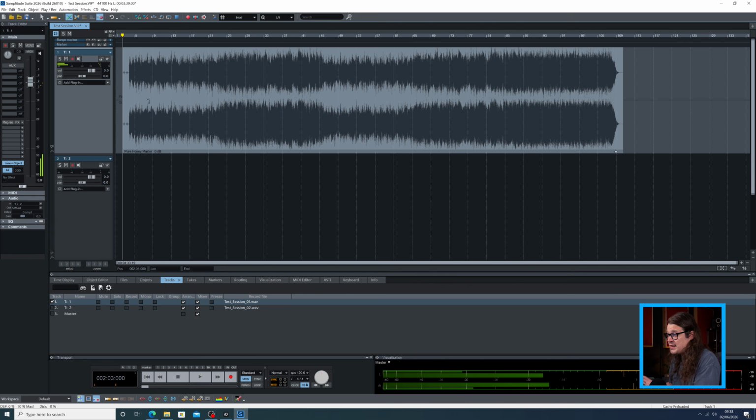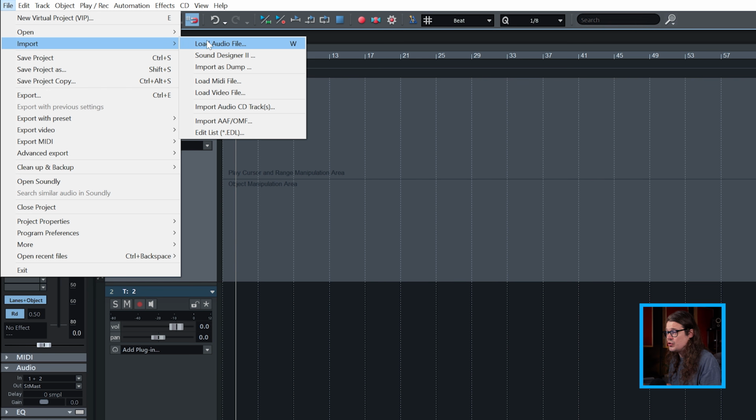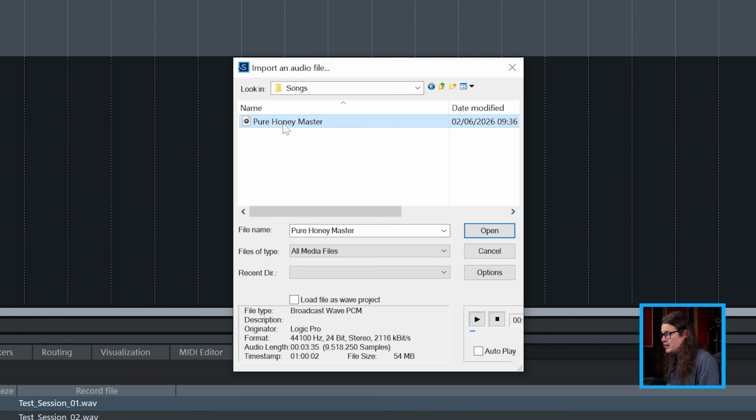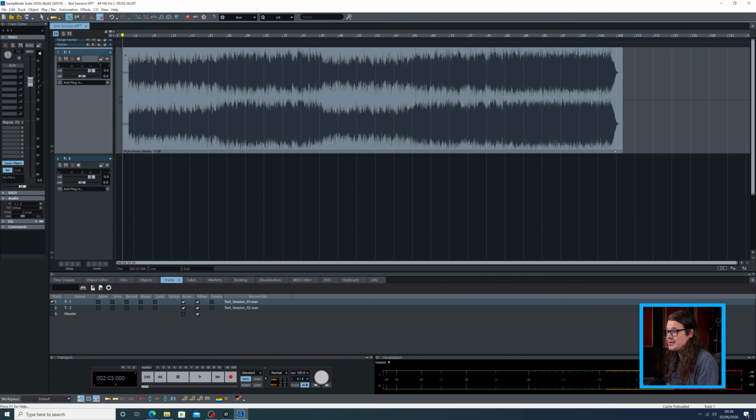Okay, that works. The second way we can do it is if we just click on that and delete it, we can go up to File, Import, and Load Audio File, or the shortcut for this is W. If you're just in your main window, you can just hit W and import an audio file. And here I can bring in that same file in a slightly different way. I'm going to select that file, I'm going to hit open. It's going to ask me the same things. I'm going to do the same thing, copy that file to my project directory, hit OK. And in the same way,